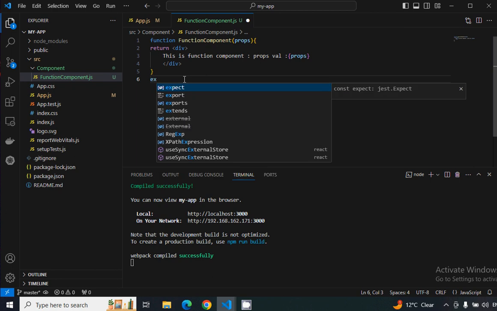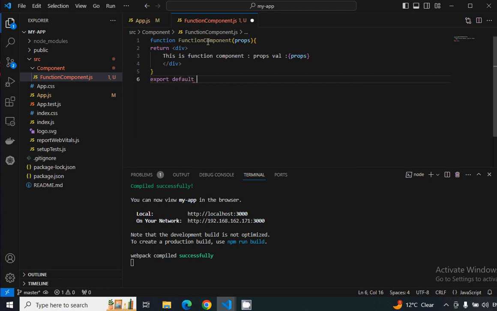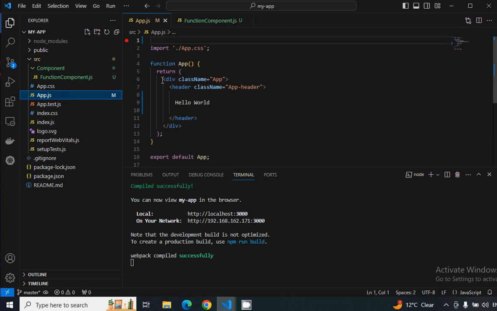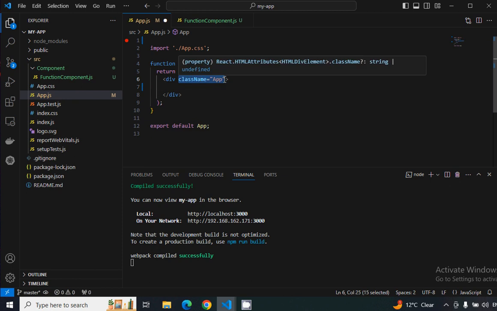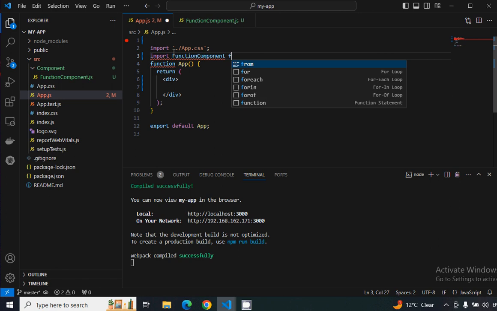Here I will export this component as the default, using the function name. So here the function is exported. How can we import it in app.js? First I will remove all of the code from here. Then I will import the component function from